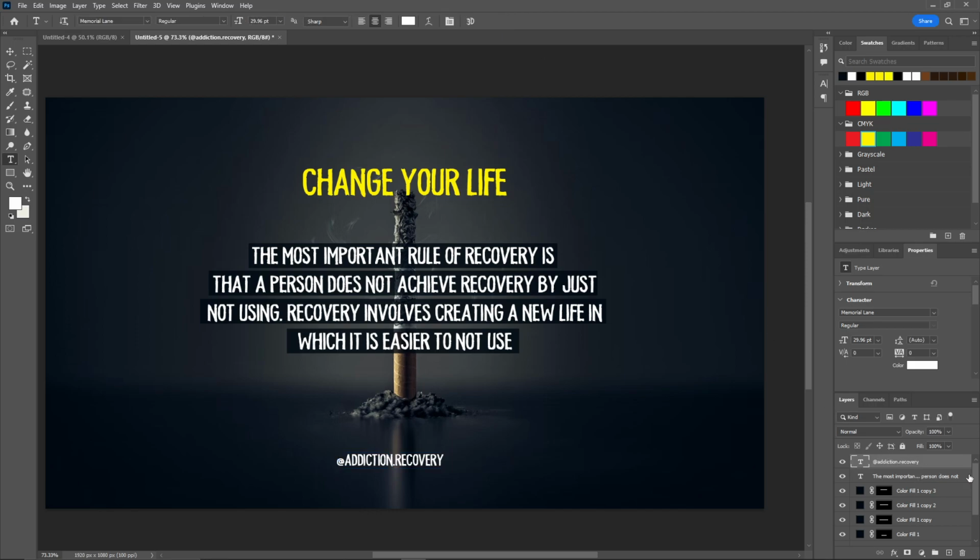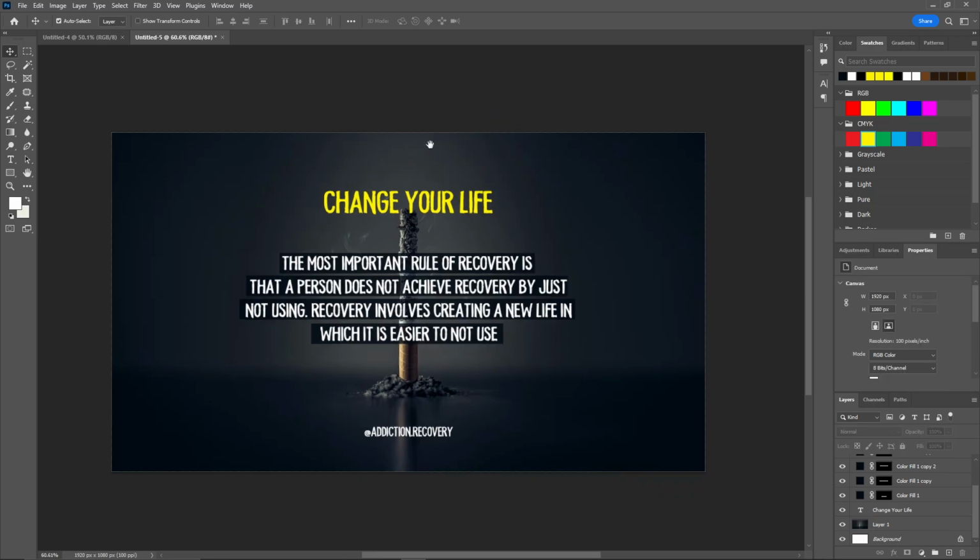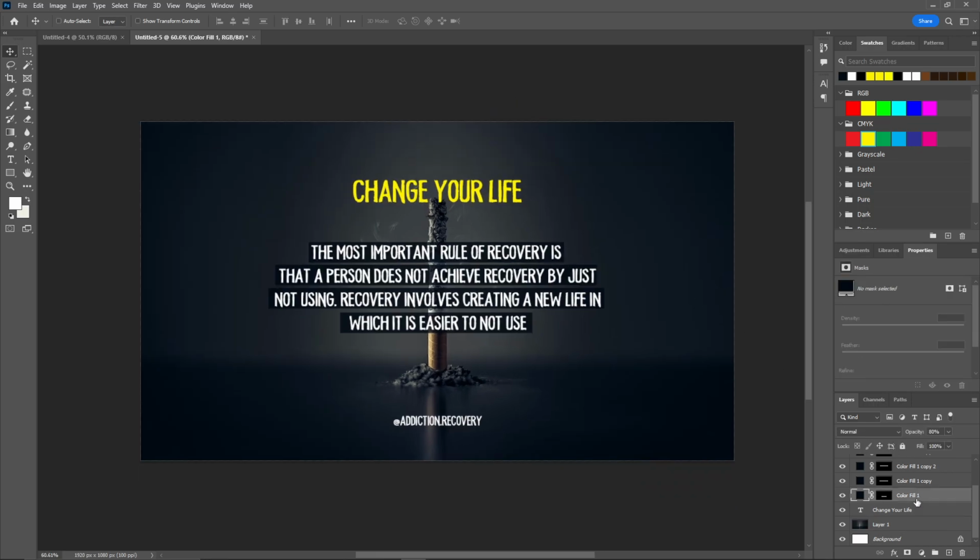Now I will select this one and this layer, use the move tool and center align it. I will take a copy of this layer. Now I'll move this one to put it behind this. So there you go guys, that's how you can design a post